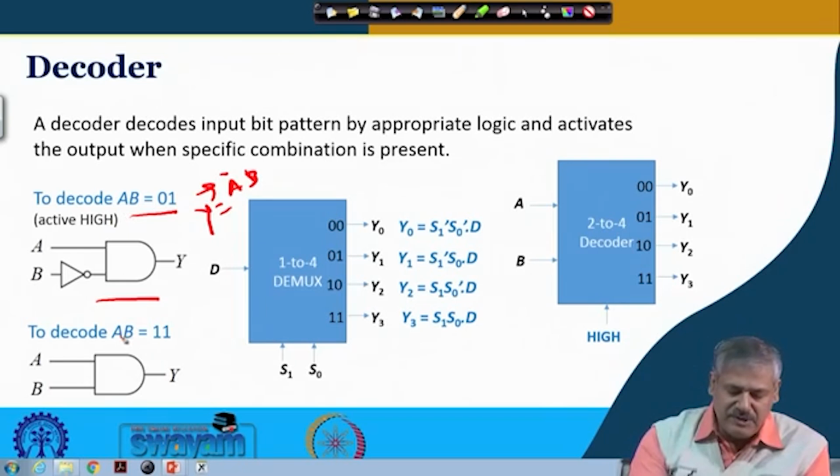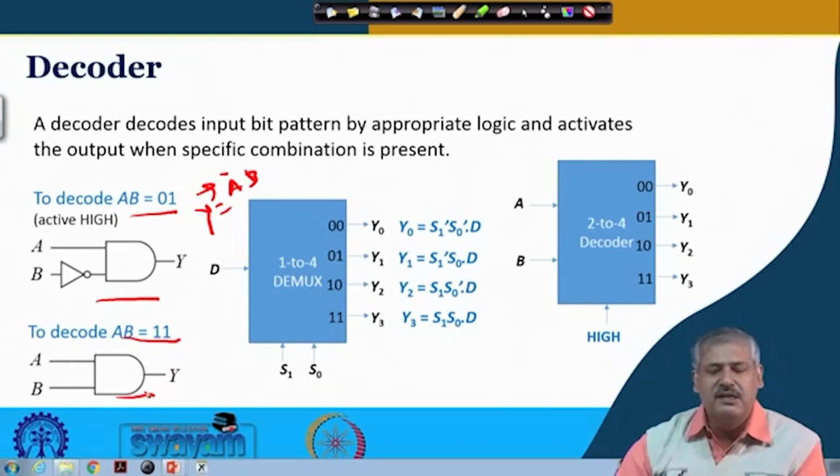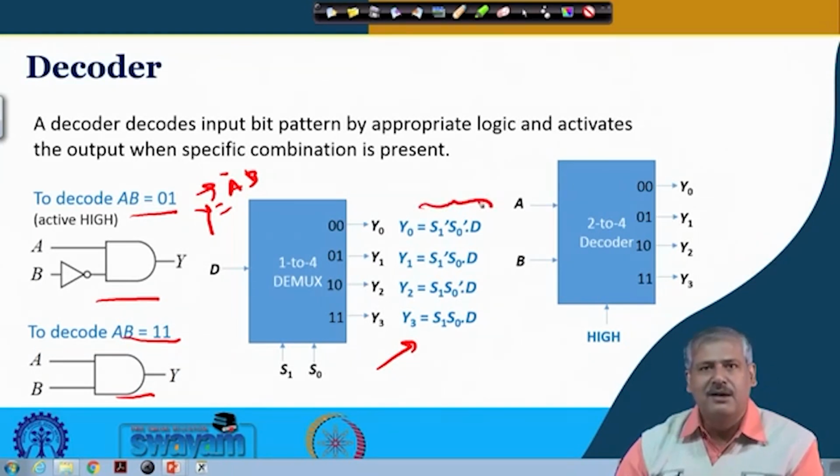So, to decode AB equal to 11, we need this kind of circuit. If you want a circuit which can decode all 4 possible combinations, depending on our requirement, we can make use of one or the other. Inherently, the 1 to 4 demultiplexer circuit that we had follows this particular output combination. So essentially, if D is equal to 1,